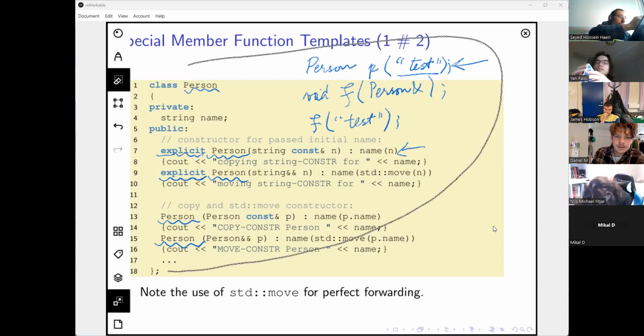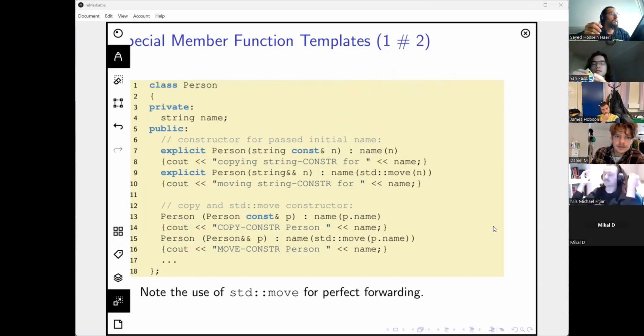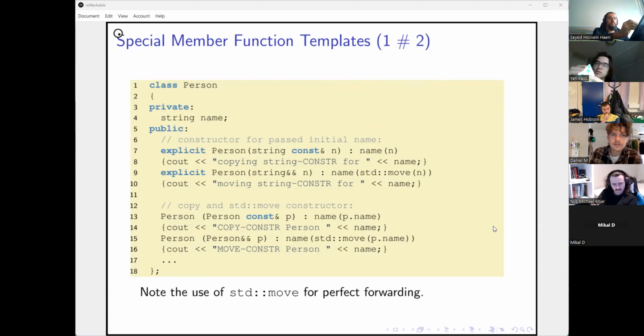Now, the idea here is that we have 4 different constructors, and 2 of them are explicit. One of them takes its argument by a reference to constant. So in C++ there is this right to left convention that some people use. I don't use it myself, but it's easier to read.